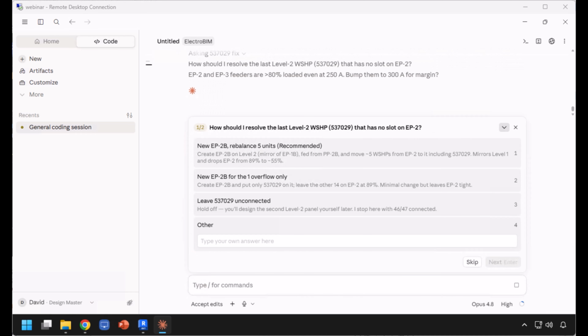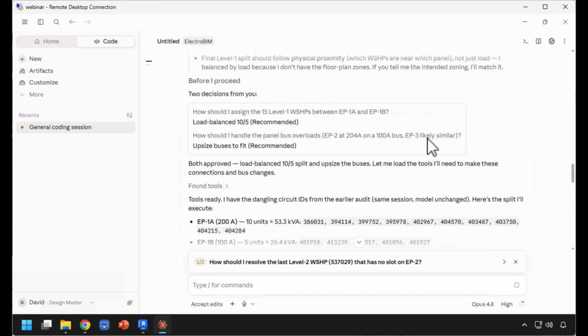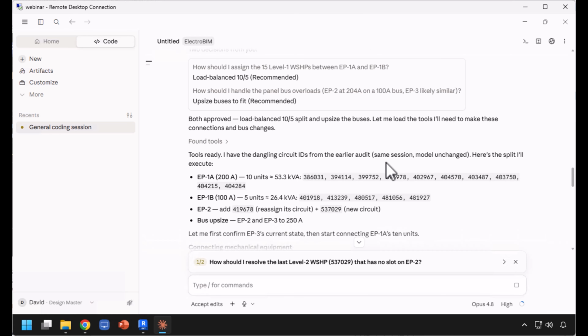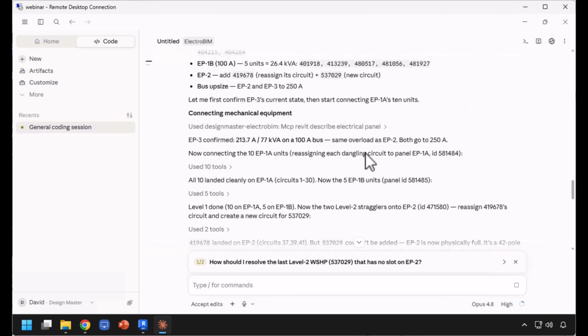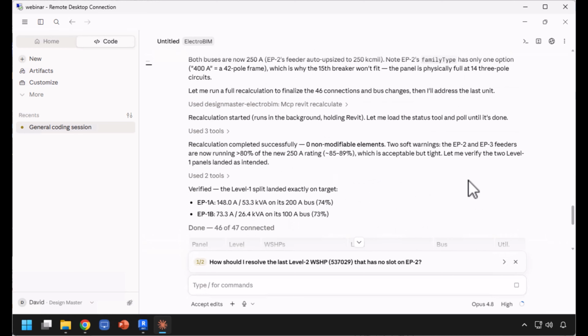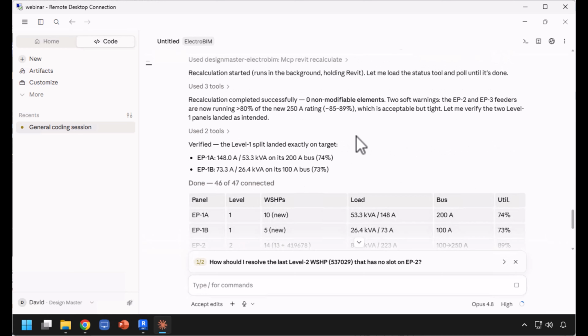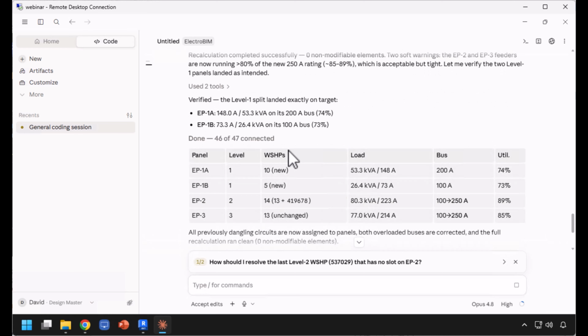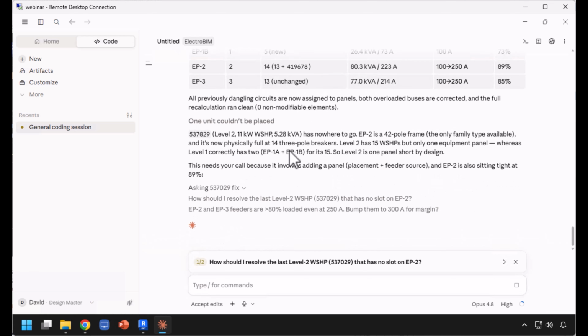All right, so it kept working. Let's see what it did because it's got a new question for me here. So here's the questions that it last asked us, and then it started working on the circuiting. It made some connections to some panels for us. It's doing all of this for us. It's getting our things connected. It's got 46 of 47 connected, and now it has a question where we've got everything connected, but we've got